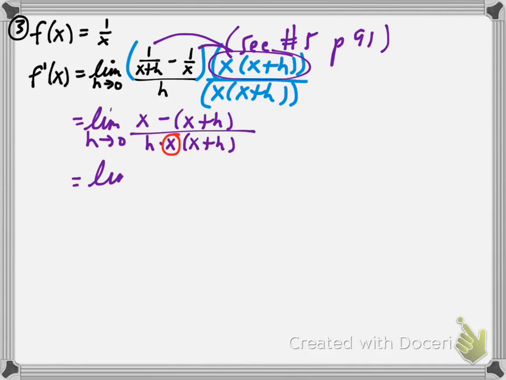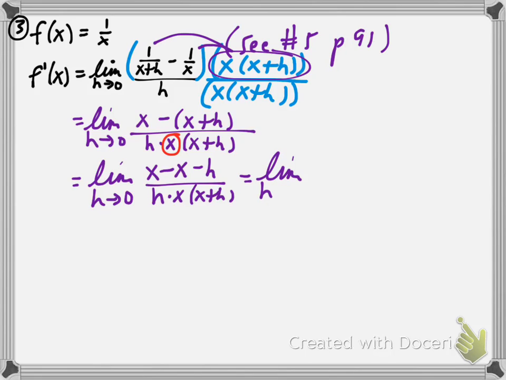We've got the limit as h goes to 0. Okay, I'll just go ahead and do this one last step here. x minus x minus h. I just distributed the minus sign, and then we can see that in the numerator the x's cancel out, so we still have the limit as h goes to 0 of negative h over h times x plus h. Well, we can see here that the h's cancel,